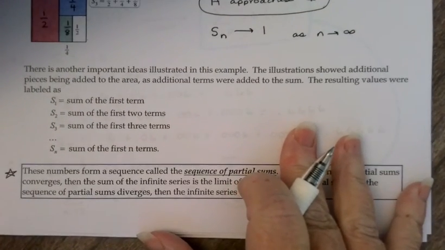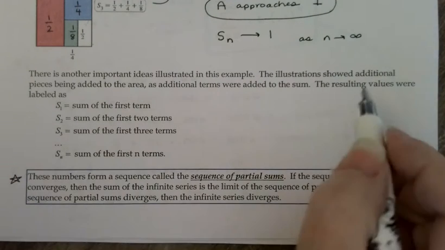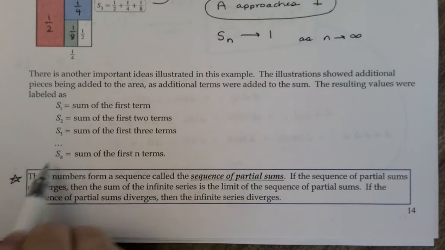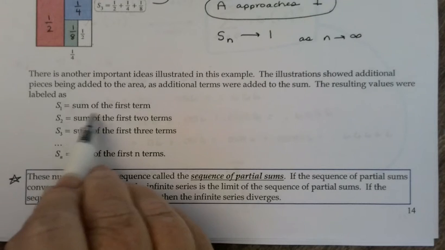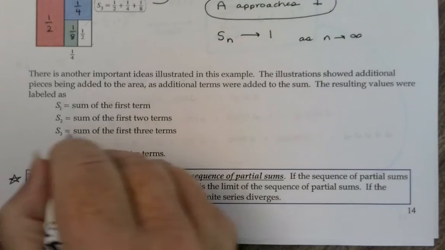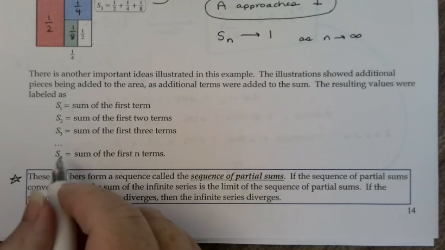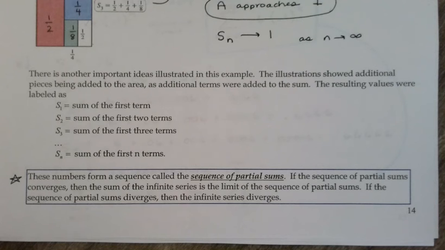All right. There's actually another important idea that was illustrated in that example. The diagram, of course, showed the additional pieces being added to the area and then additional terms being added to the sum as we went. And the resulting values we labeled with these subscripts. S1 was not really even the sum, it was just the first term, right? S2 was the sum of the first 2 terms. S3 was the sum of the first 3 terms, and so on, through Sn, which would be the sum of